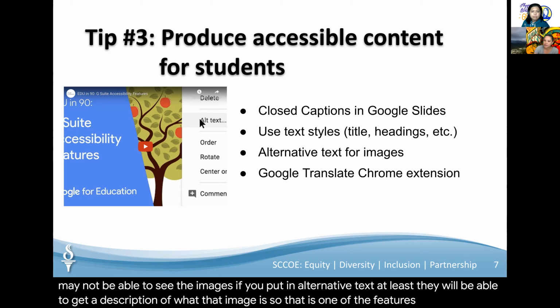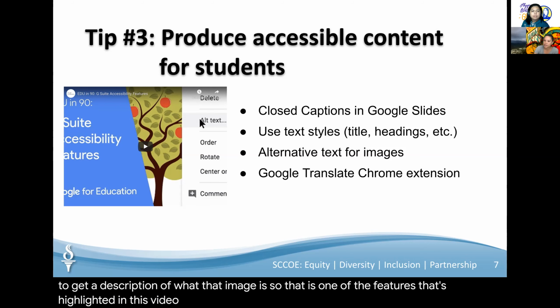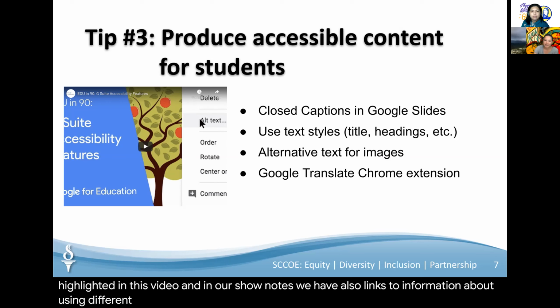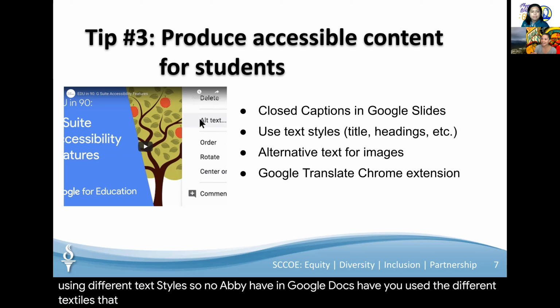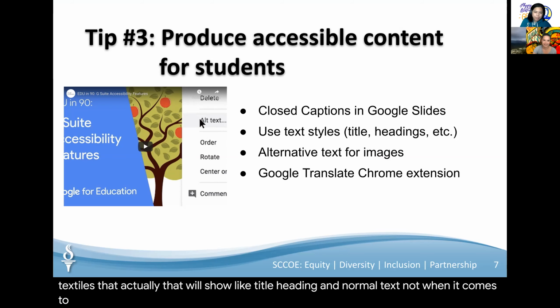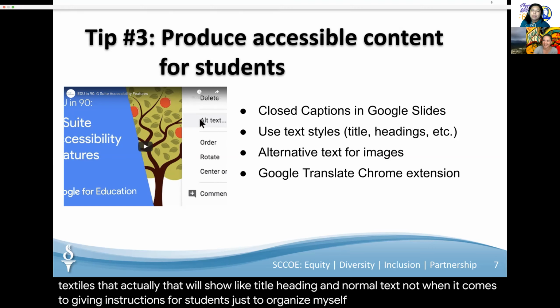And in our show notes, we also have links to information about using different text styles. So I don't know, Abby, in Google Docs, have you used the different text styles that will show like title, heading, and normal text? Not when it comes to giving instructions for students, just to organize myself. Well, I don't know what you're going to say about it, but